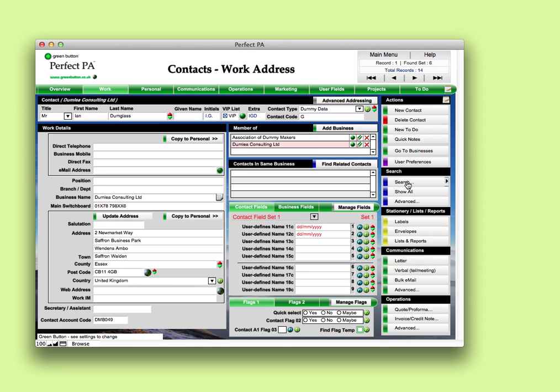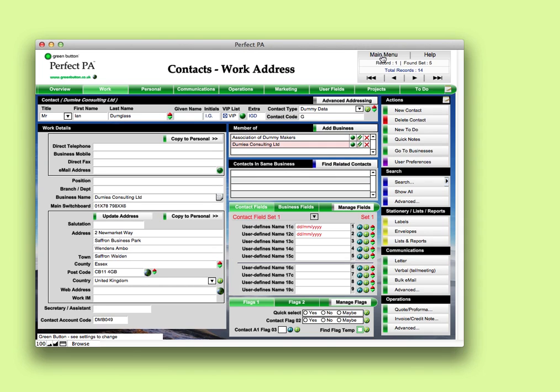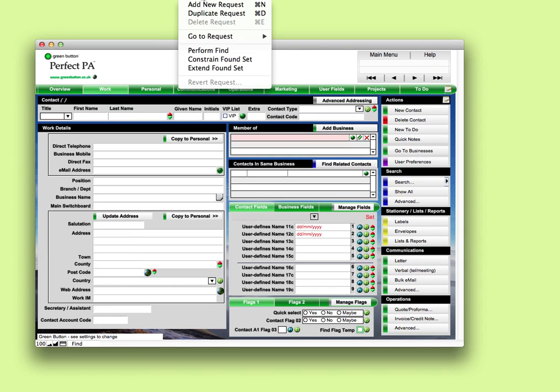Let's do this again and constrain the found set. So we search, and we search for all those whose last name begins with DUM. We press enter. There are the 5 records. Now we want to constrain this found set to only those people whose first name is Ian. So we press search, and we press request, and we press constrain found set,